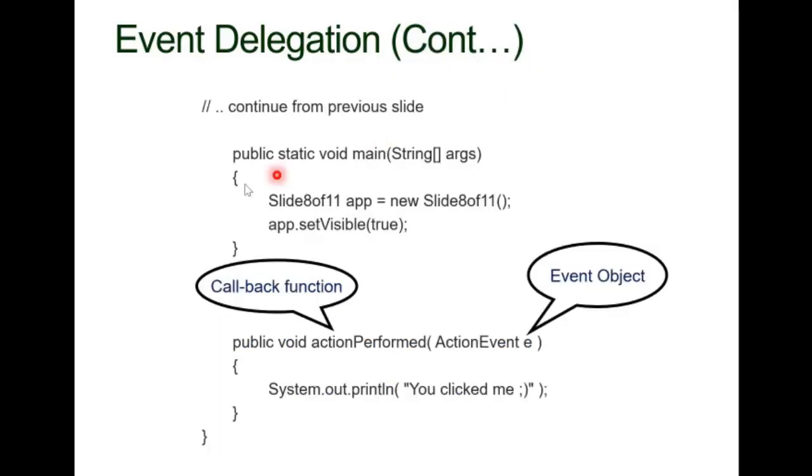Okay, now this is a continuation of the previous one. So now what we are going to do is get the output from here. Once you click the button, what happens? Okay, so now we have to use public static void main(String[] args), and then after that we create the object of the class, slide 8 of 11, then we call the constructor. The constructor will, according to the constructor,